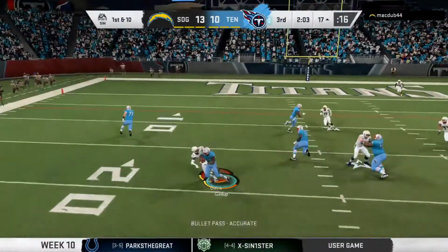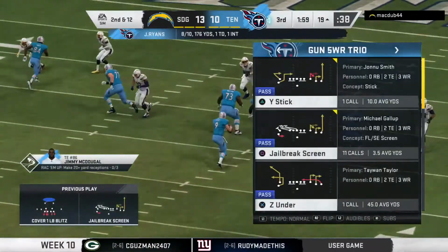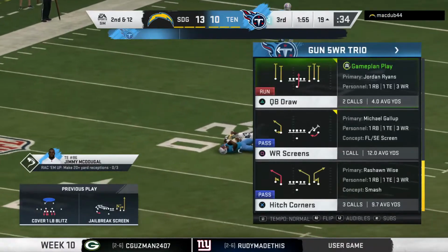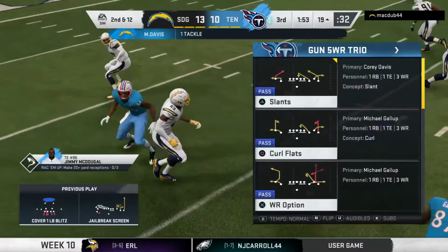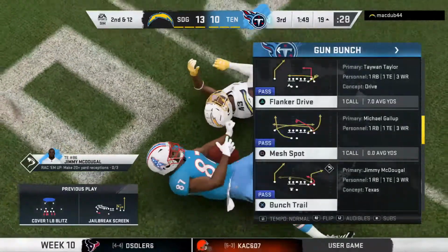From the red zone now, they'll look to throw. Got his man there, complete to Gallup. And that sends him 2 yards in the wrong direction and leads to 2nd down. This drive, it's been a good mix. 3 passing plays, 3 runs, hitting on all 3 of those passes, and the last one putting him in the